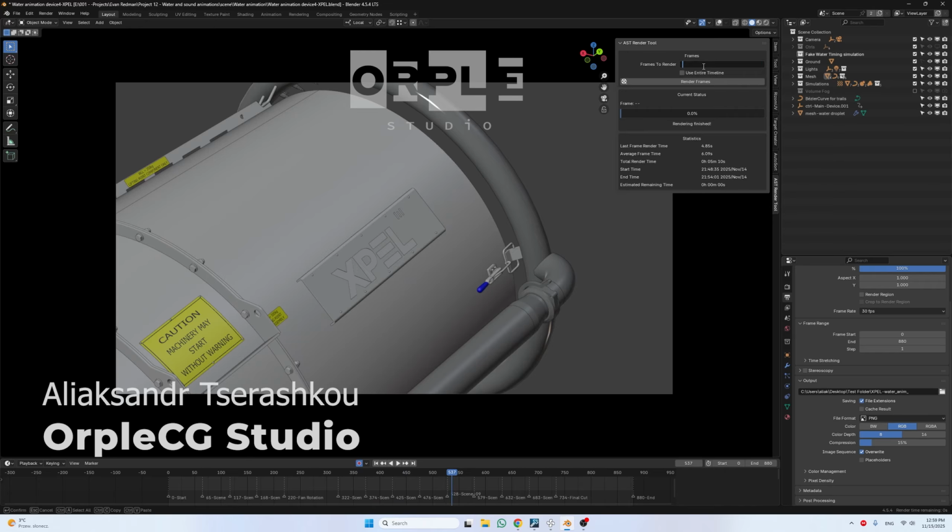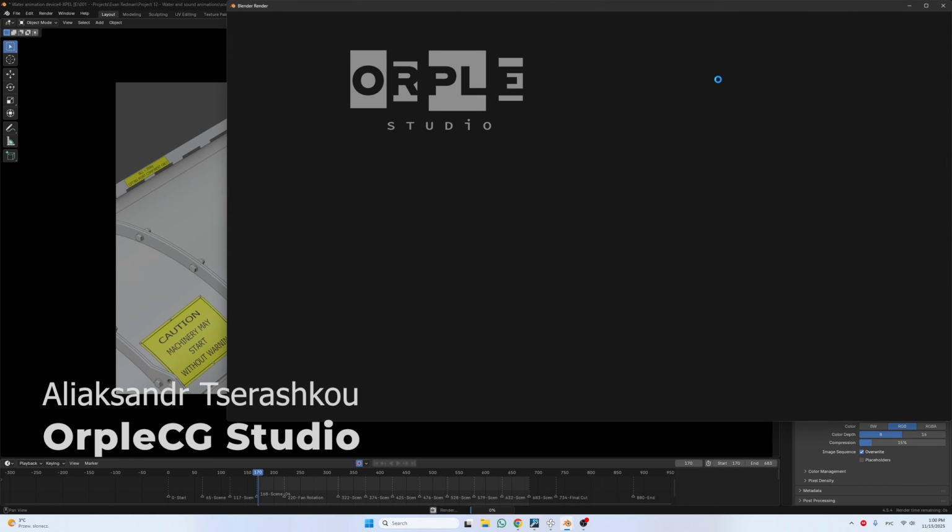All you need to do is just type the frames that you need here, using ranges or commas, like these. You can use separate numbers like these, for example, and maybe a bigger range. And then all you need to do is just click render frames. When this starts rendering,